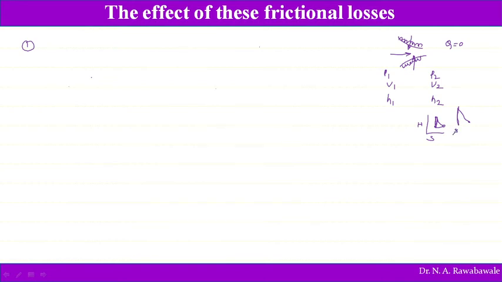Initially what we assume is S1 is equal to S2, but S2 dash we are going to obtain. So entropy at the end of expansion is not going to remain the same as we expect. So the flow through the nozzle is not going to remain isentropic. So the first one is expansion is no more isentropic.